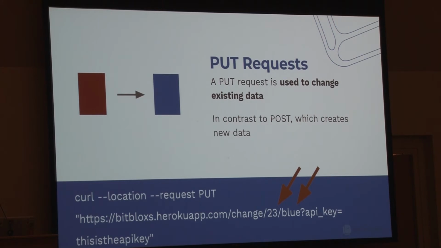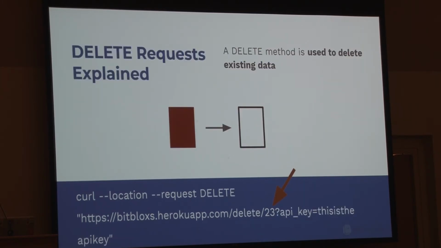Okay, so let's move on to delete requests. Basically, it's pretty much the same for delete requests. It's just that it doesn't really matter the color, so you just put the box ID. That's pretty much it. So now let's move on to Postman, because I'm sure you guys have been dealing with